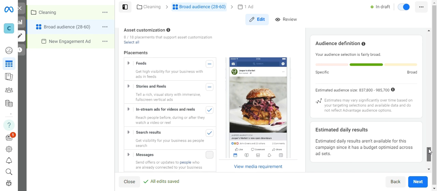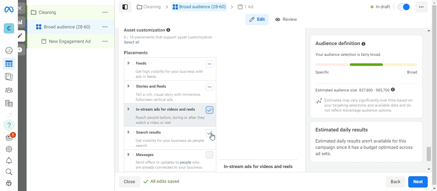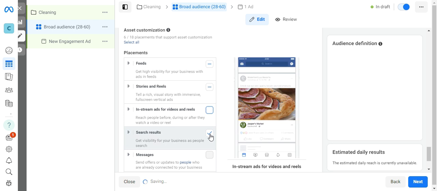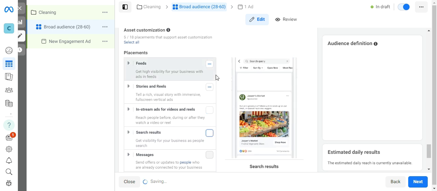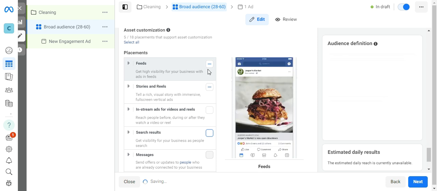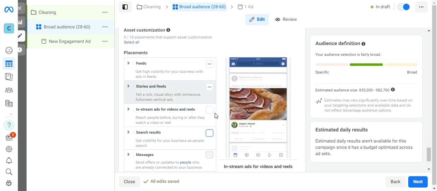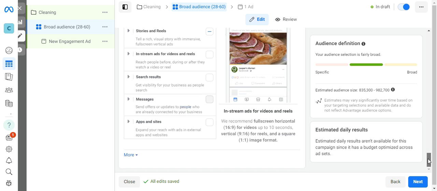So that is it. So then I'm going to uncheck the reels and the search as well. Which means that I want Facebook to show my ad on only the feed, not the reels, not the Instagram in-feed videos or the reels or the search result. I want it to be on only